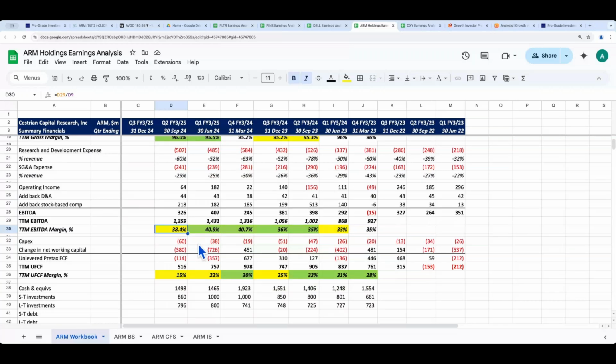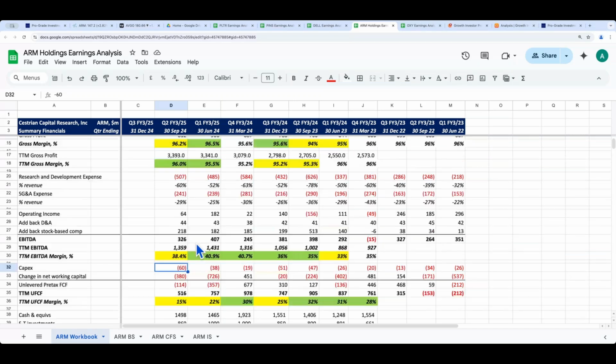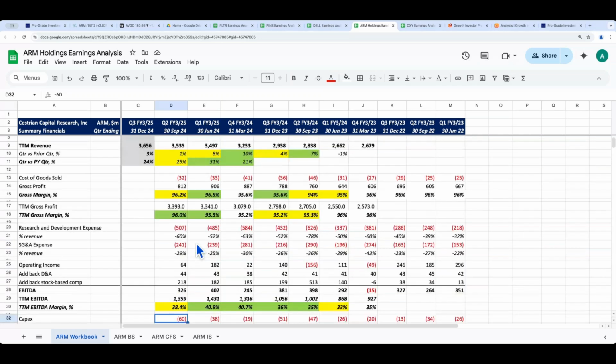And there isn't much capex. Okay, again, this is a license. It's a software business basically. It creates designs for semiconductors and it licenses them. So it's never going to have to buy huge amounts of machines, buy software licenses, things like that. But $60 million a quarter in capex is really not very much when revenue is just shy of $1 billion for each quarter.